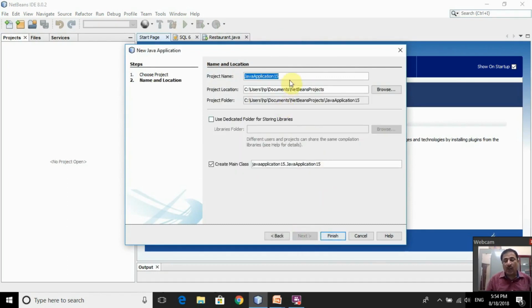You are asked what the name of the Java application is that you are creating. Let's name it demo radio buttons, whatever, right? These text boxes are telling you that this project will be created in this folder on your computer. If you want to change this default location of creation of your project, you can select the Browse button. Let the project be created at these default locations. Let us click the Finish button.